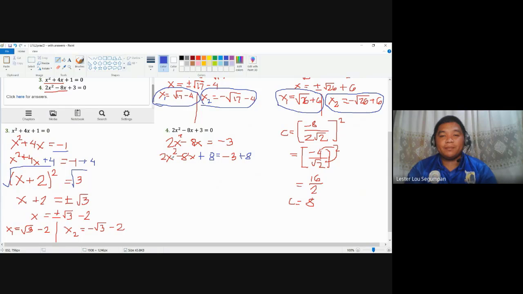the first term is not a perfect square. I mean, this is already in the form of a perfect square trinomial, but not yet because the first term here is not a perfect square. Actually, you could just simply factor out 2, giving 2 times x squared minus 4x plus 4, so that you would see here the perfect square trinomial is equal to positive 5. Okay. So in the previous video, when we talked about completing the square,